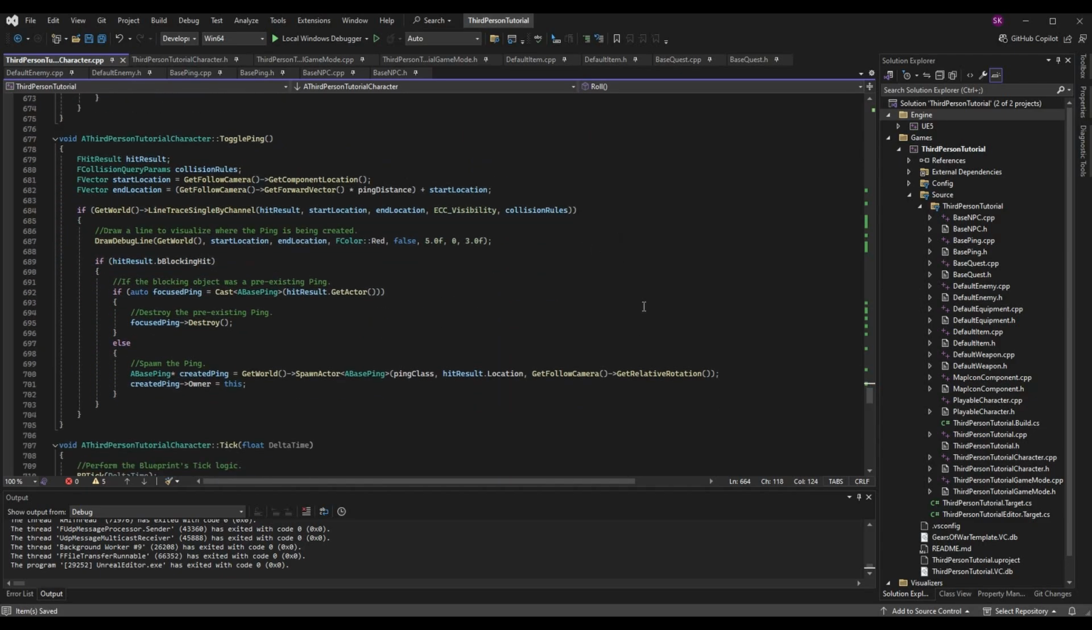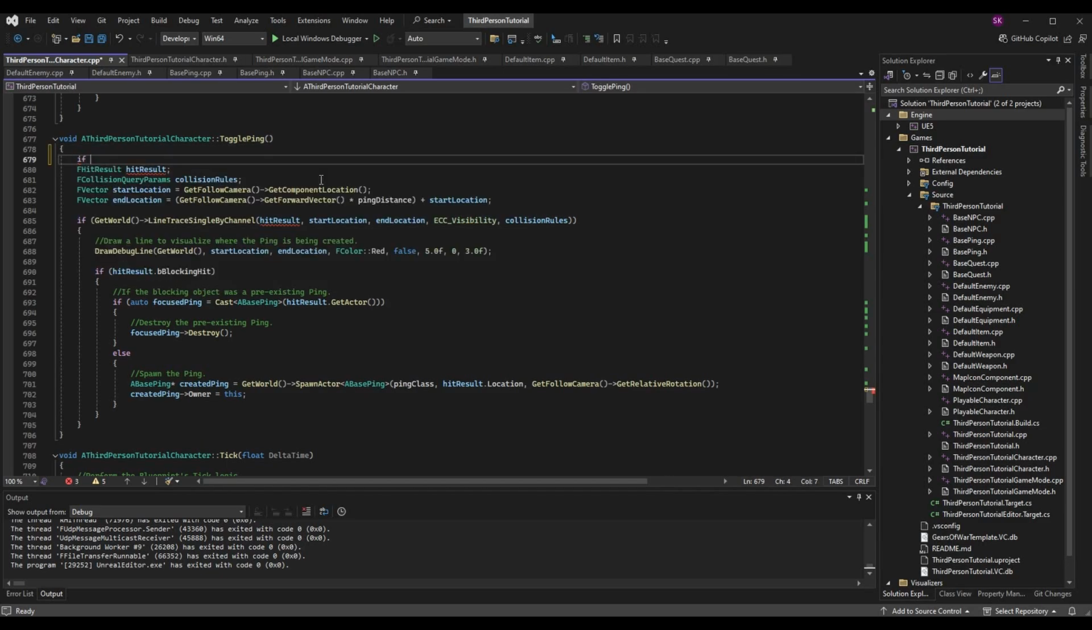Toggle ping, so if we want to place a marker or a ping. I think this is okay to leave if we're dead. You could ping from your dying state. A lot of games allow that. I think it's okay to ping while we're rolling. Pinging while we're interacting is probably not required, so I'll go ahead and just wrap this whole thing in an